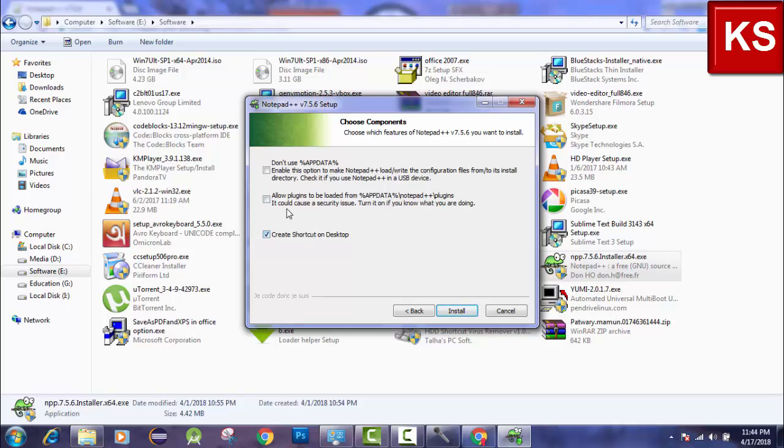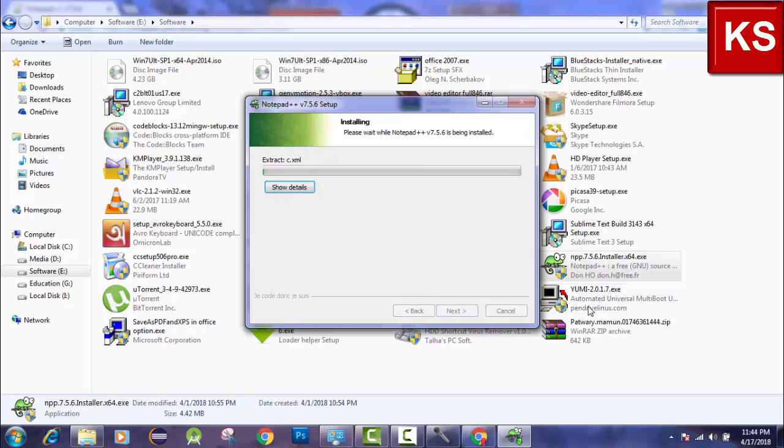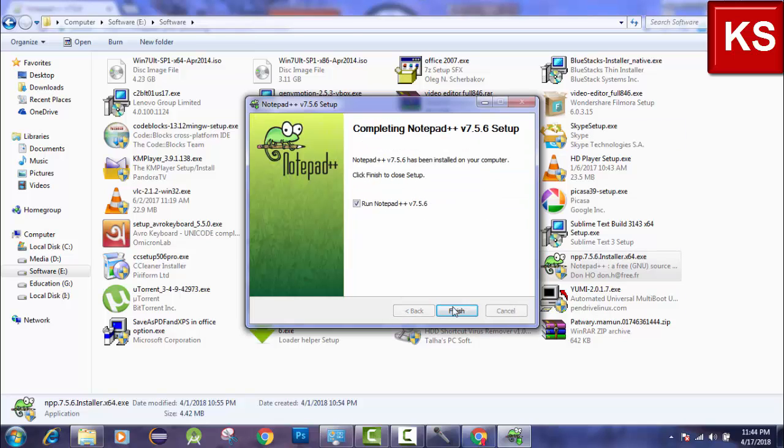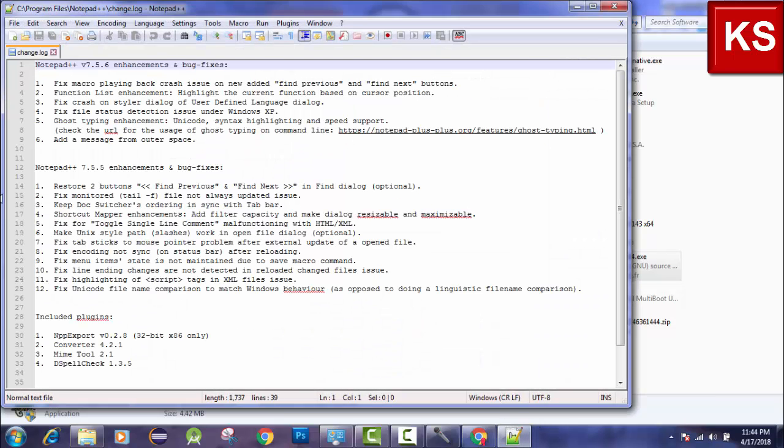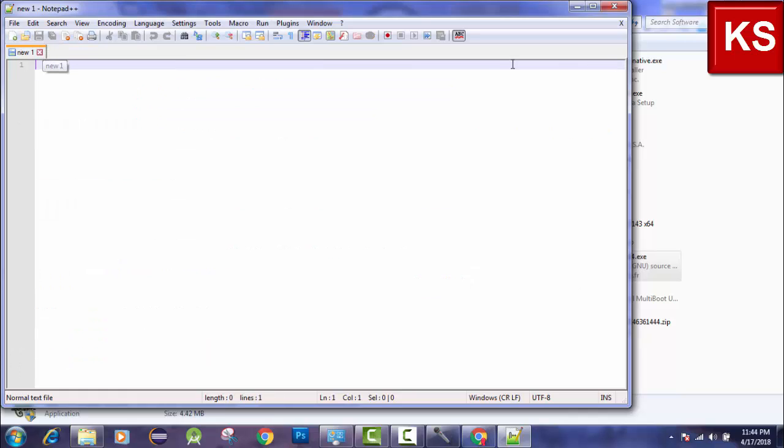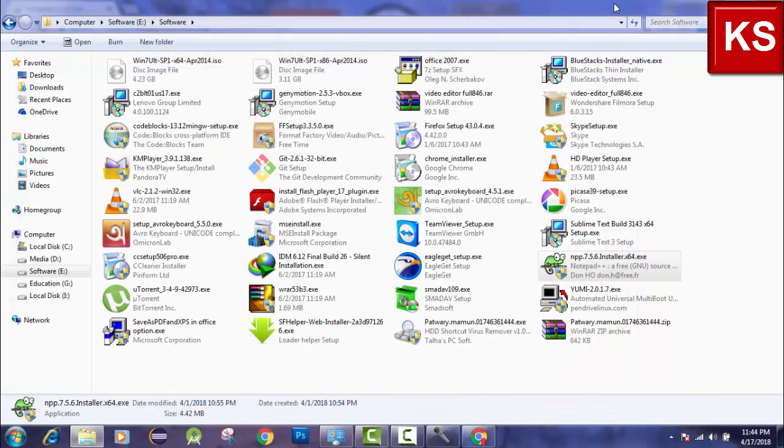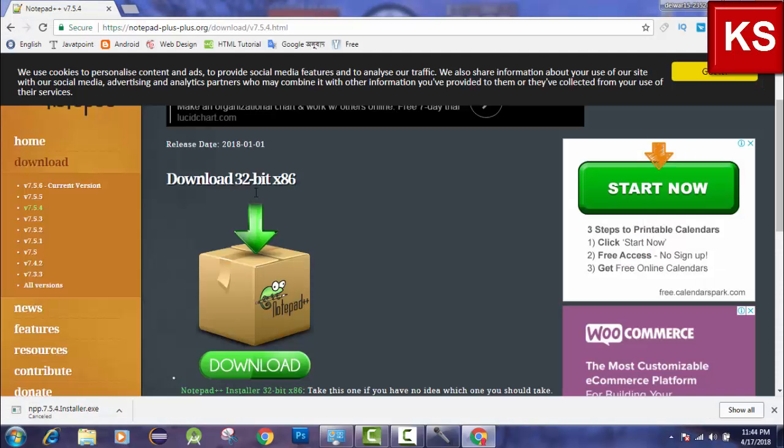You click all the check buttons and install. After installing Notepad++, click on the finish button. Then close it. After installing Notepad++,